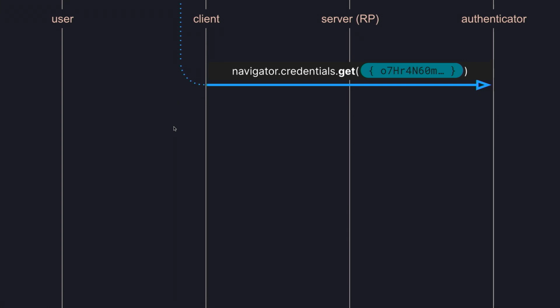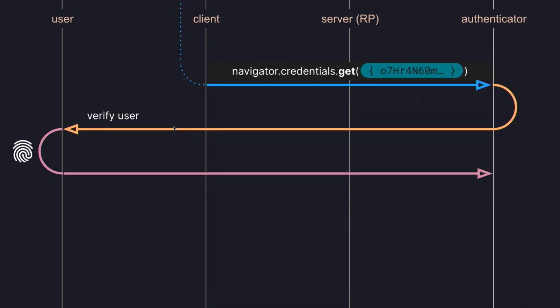The client then again calls the WebAuthn API with credentials.get this time, not credentials.create, because presumably we already have credentials at this point. And then it's going to pass the challenge to an acceptable authenticator, which is on the device or on the platform it's running on. And at this point, the user might again get prompted for verification with a biometric or a PIN or an unlock pattern, whatever.